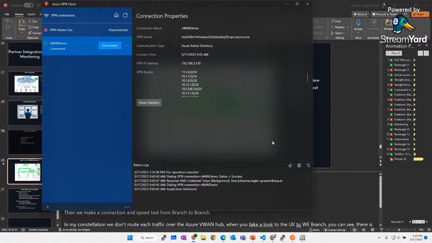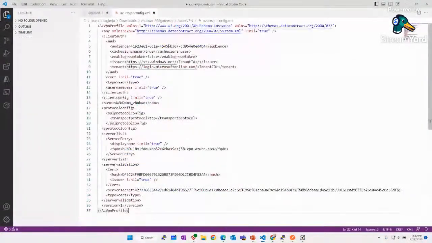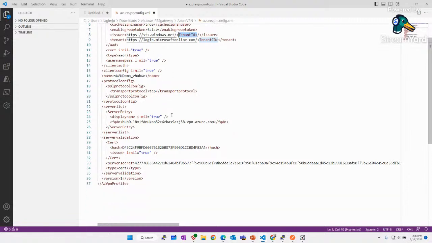This is really simple. Let's have a look at the configuration file. This is exactly the configuration file you get from Azure. You can see here the audience, which is normally the same everywhere. You can see the issuer and the tenant. I've removed my tenant ID, but this is everything you need.